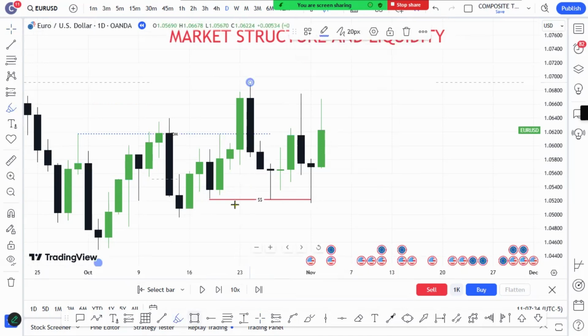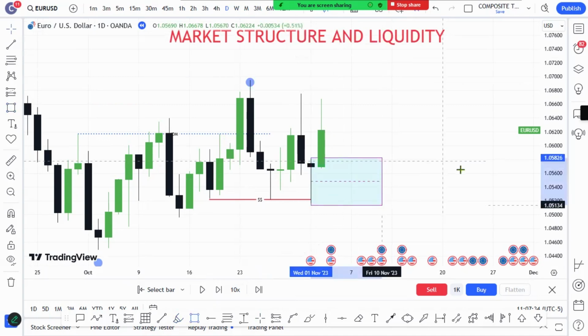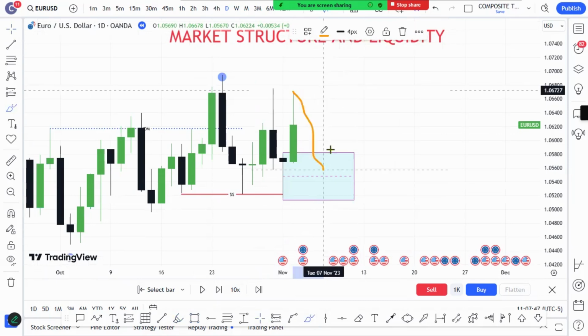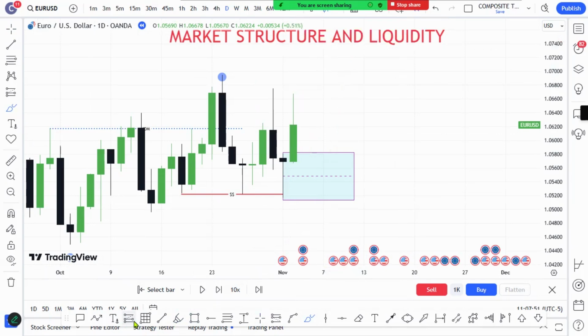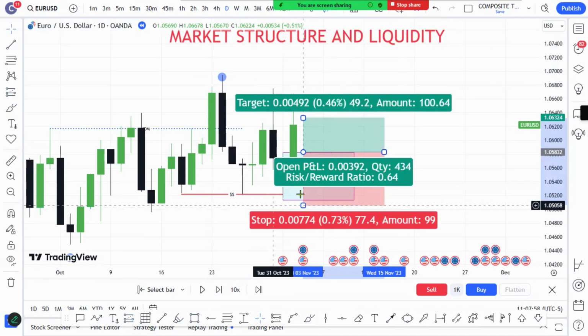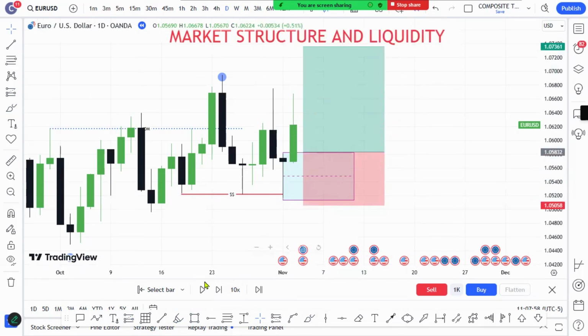And probably once you take out this level and you don't close below it, with this candle closing above it, this can be our first demand, whereby the market just needs to come here, mitigate and push to the upside. So if you want to buy, let's say you want to buy, you can put this one here, put a stop loss just below here, because I don't think the market is going to go past that level. And let's see, but the market will do anything. I'm just giving you examples here.